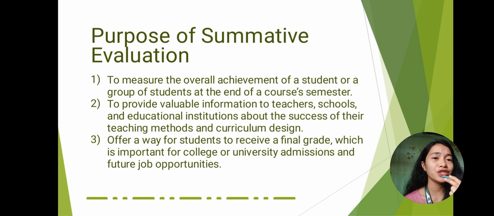However, if most of the students in a class garner low scores, then it means that there's something wrong with the teaching method or strategy administered by the teacher. With that, this information can be used by the teacher to re-evaluate and improve his or her teaching methods and strategies. And lastly,